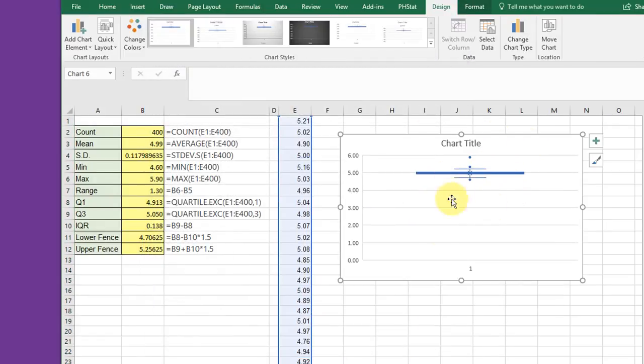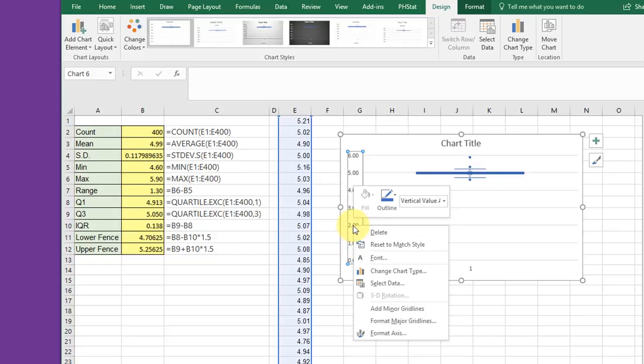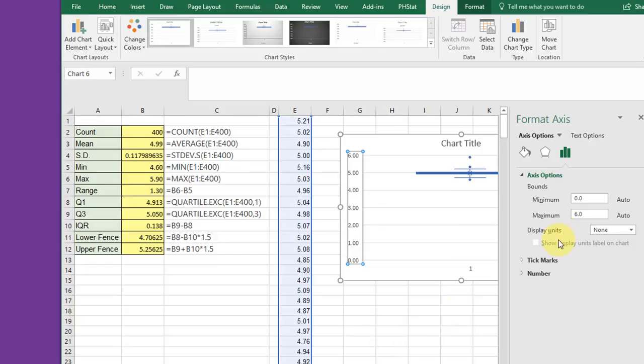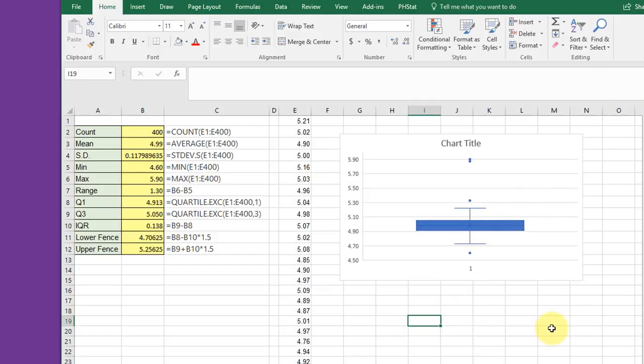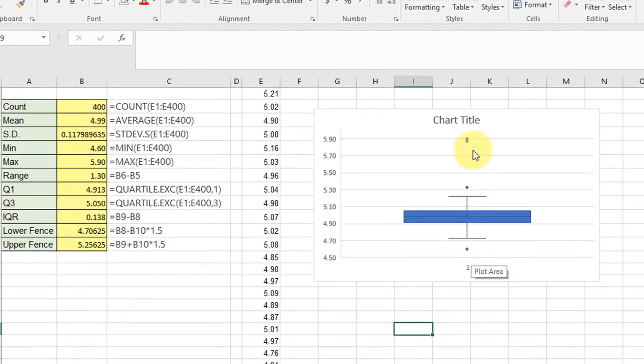It's kind of hard to see because it's all squished up. I'm going to click on the Y-axis, right click, Format Axis, brings this open, and set my minimum to be 4.5 to expand it, and then close that, get it out of the way. So we've got our basic box and whisker. I'm not going to pretty it up, but you can see we've got some points that are sticking out here,